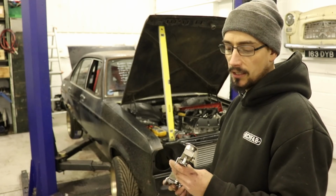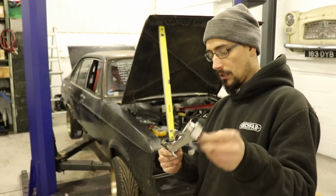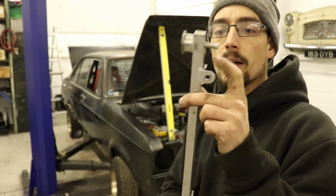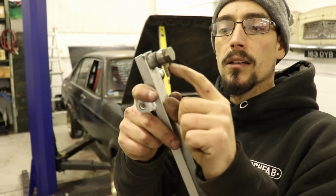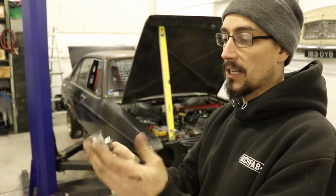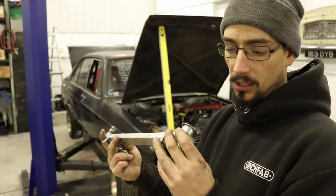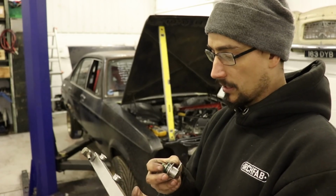and I basically had this connected up with the feed going into here. And I just looked at it quickly, and this has a bigger outlet here than it does for the inlet here. This one's like for a 6mm inner diameter, this one's for an 8, so I just automatically thought feed, return. But looking at the way this is set up, I think it's the other way around,